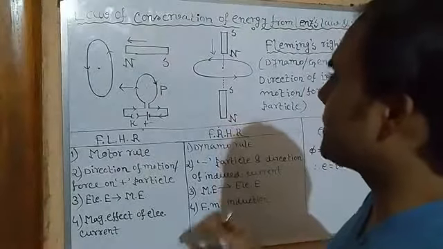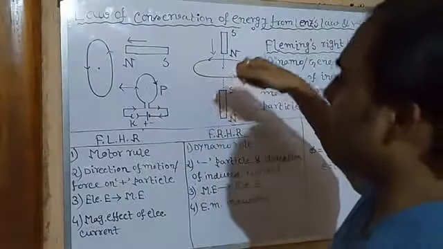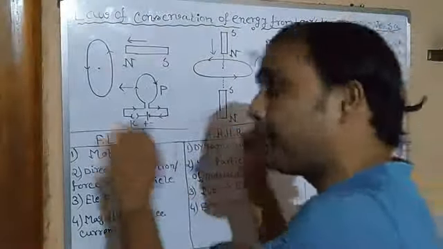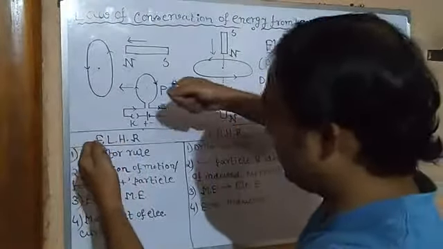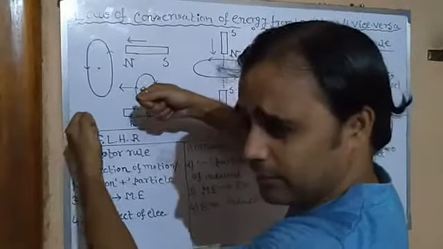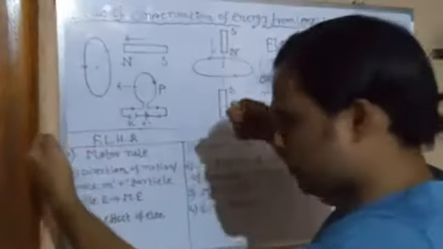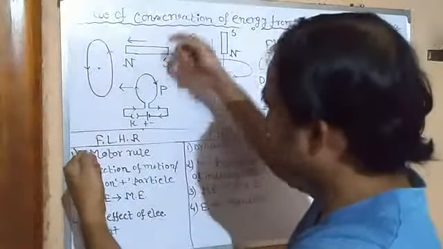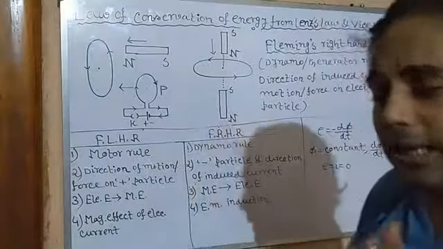So it means in both these cases we are trying to bring both the magnet and the primary coil closer to the secondary coil, but it is repelling. So it means we are forcefully bringing the magnet and the primary coil closer to the secondary coil, and each and every time it is repelling. It means we are fighting, forcefully fighting. So it means we are doing some work.